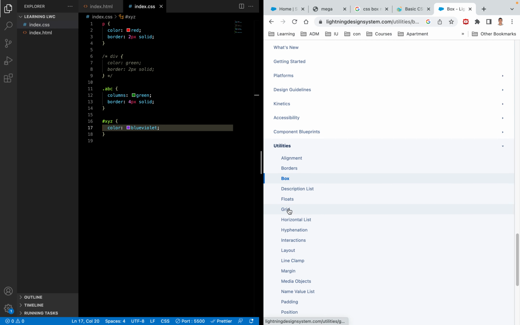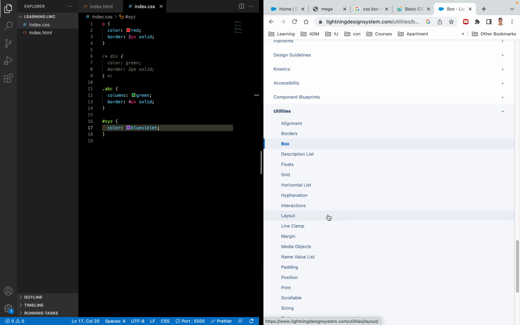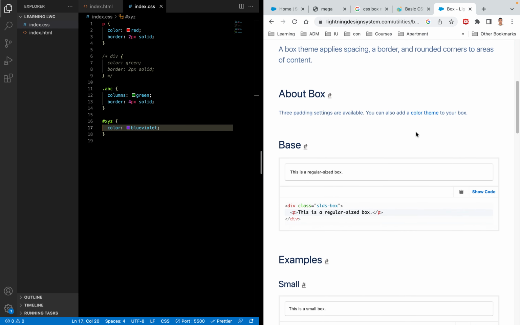There are also utility classes. If you want alignment, borders, box, float, grid, margin, padding, everything is ready-made. We have to just use it, that's it. Okay, one more important topic I have to discuss here is